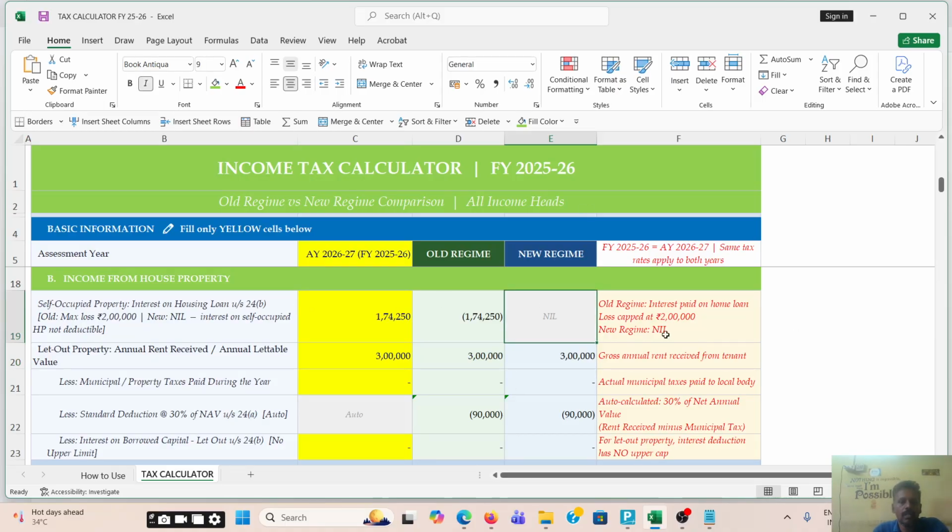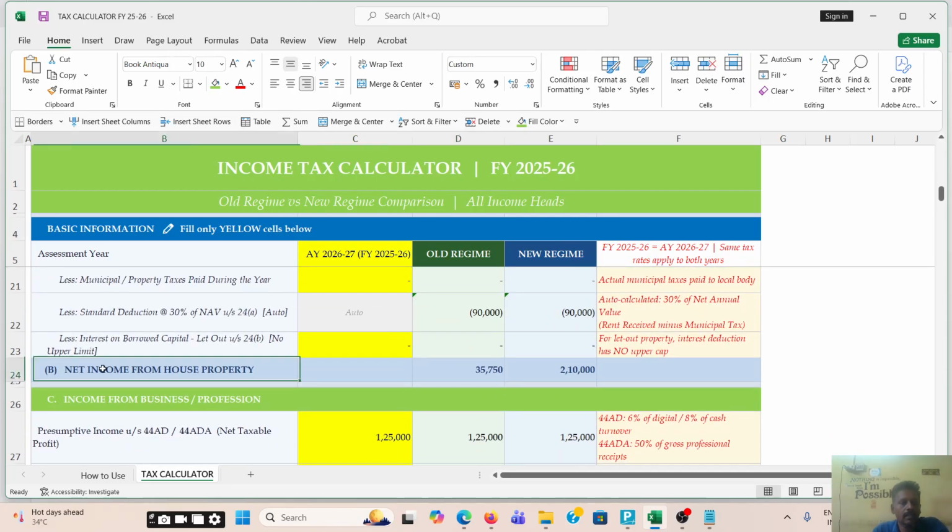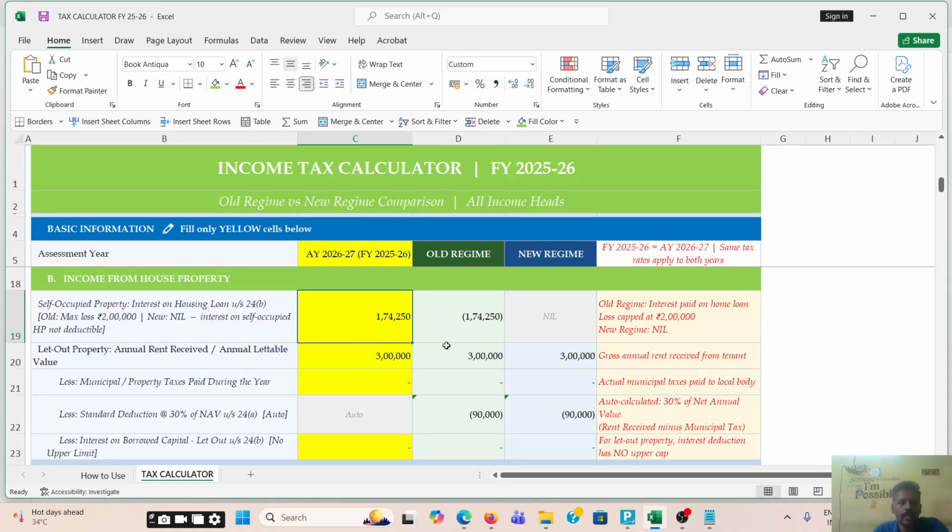So in this tool, it automatically takes new tax regime values and old tax regime values as per the data you enter. Once you enter, you can see what is your net income from house property. It is already calculated as per your entry. Here you can see 3 lakh rupees is the annual rental income you entered.